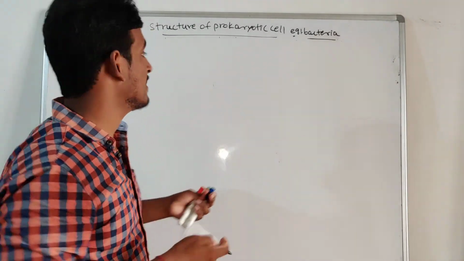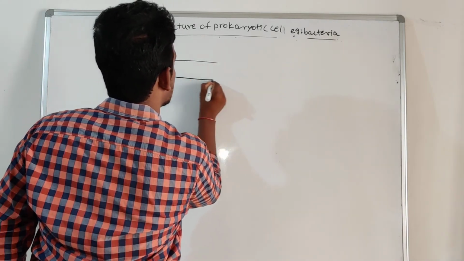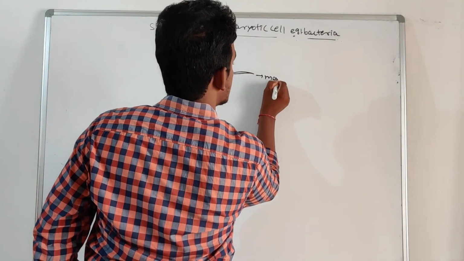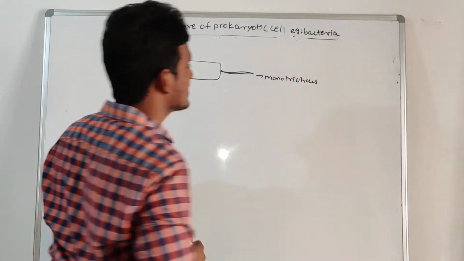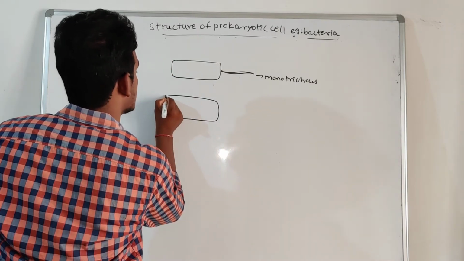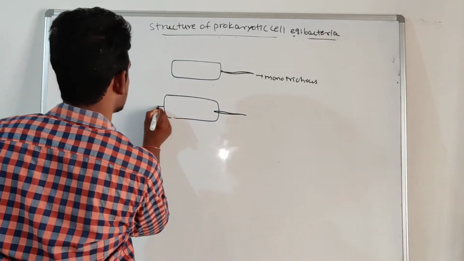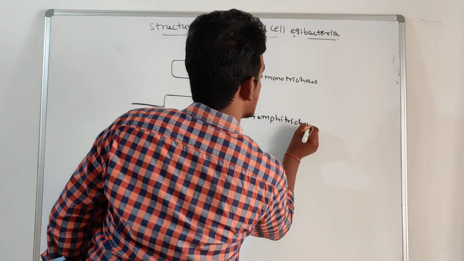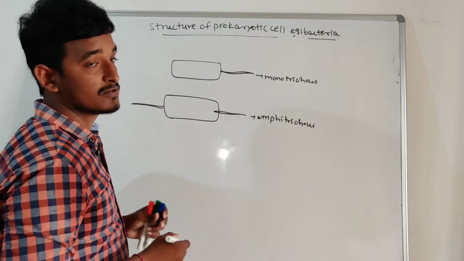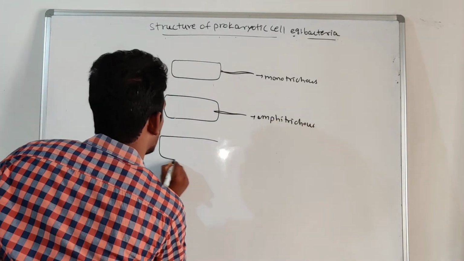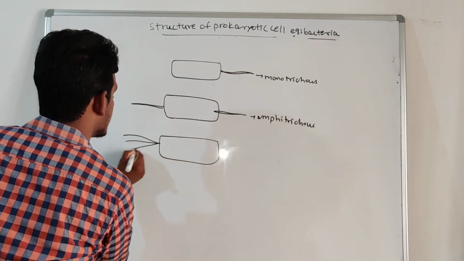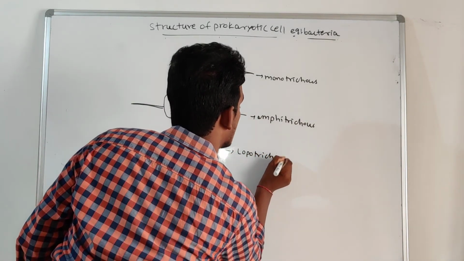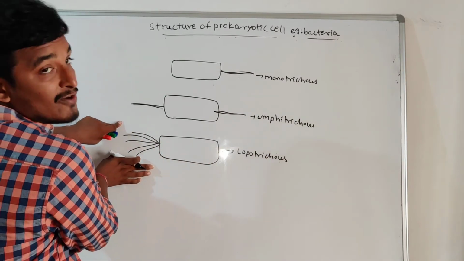If a bacterium has one flagellum, it is called monotrichous, meaning it has a single flagellum. If the bacterium has two flagella, one at each end, then we call it amphitrichous. If a tuft of flagella, or a larger number of flagella, is present on one side, then we call this type of bacteria lophotrichous. The tuft of flagella is present at one end only.